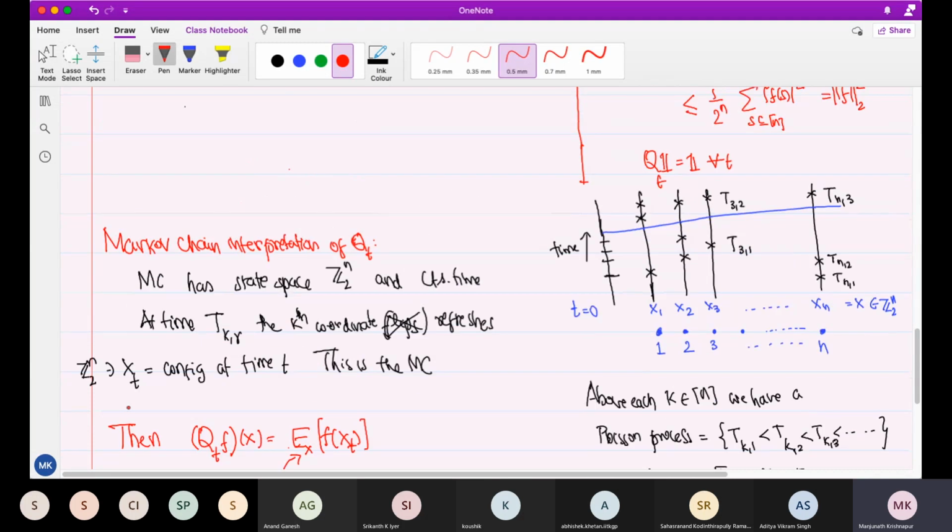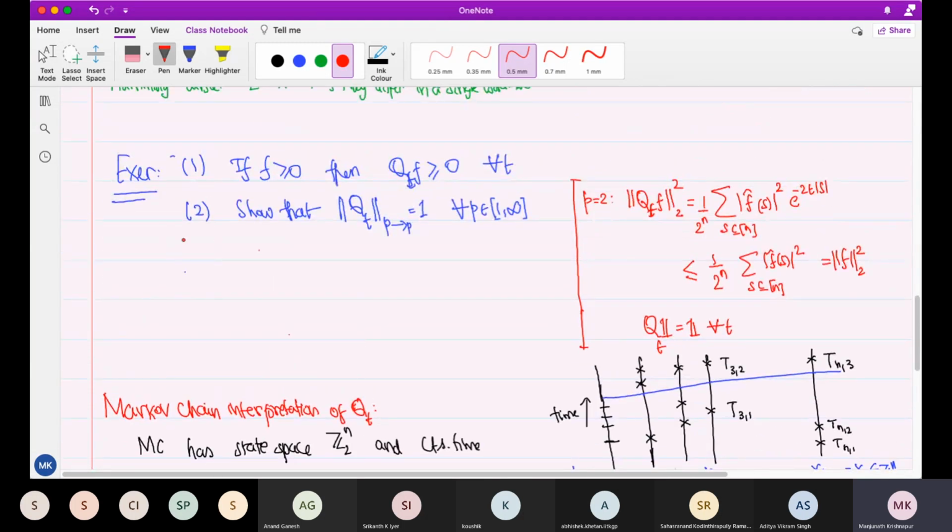One important exercise, please do this exercise, especially those who are crediting. This is a nice exercise, Q_t, P to P. If you don't get it, you can ask me for hints. You probably will get it. I will stop here, but any questions, comments, etc., I'm happy to take. The second exercise,